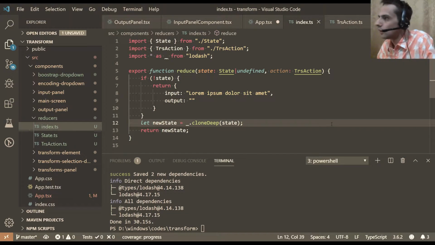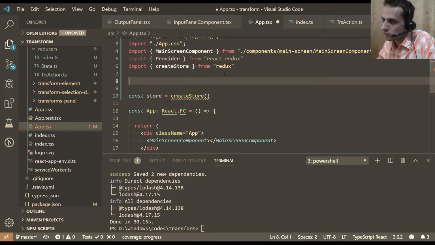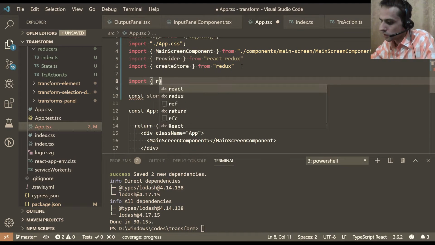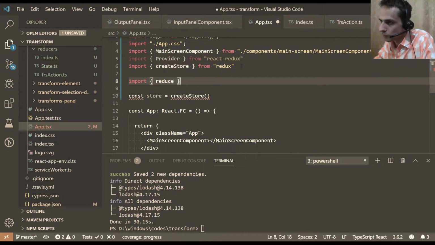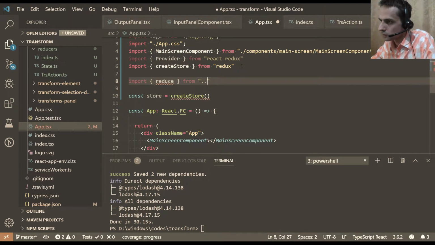Okay. Actual actions we will check later. So now let's add this reducer to the store. Import reducer from